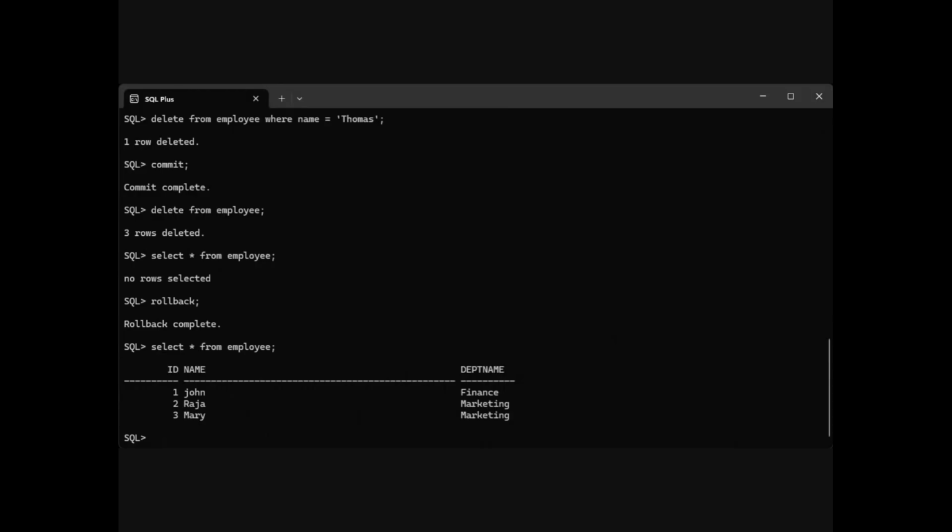So now we saw already how to do a create. Now we saw the create, right? Next we can see how to do the rename, okay? So now you want to rename the table, then you have to use the rename. So just for example, you want to rename the table name employee to